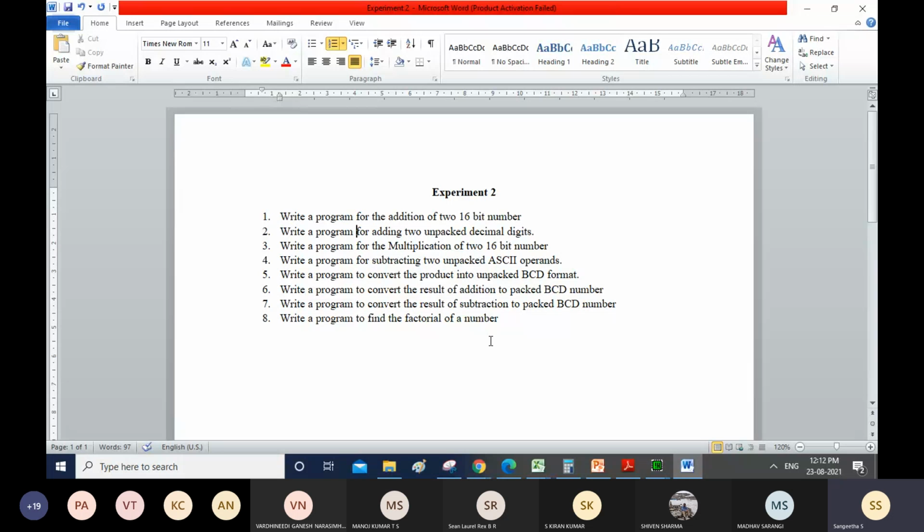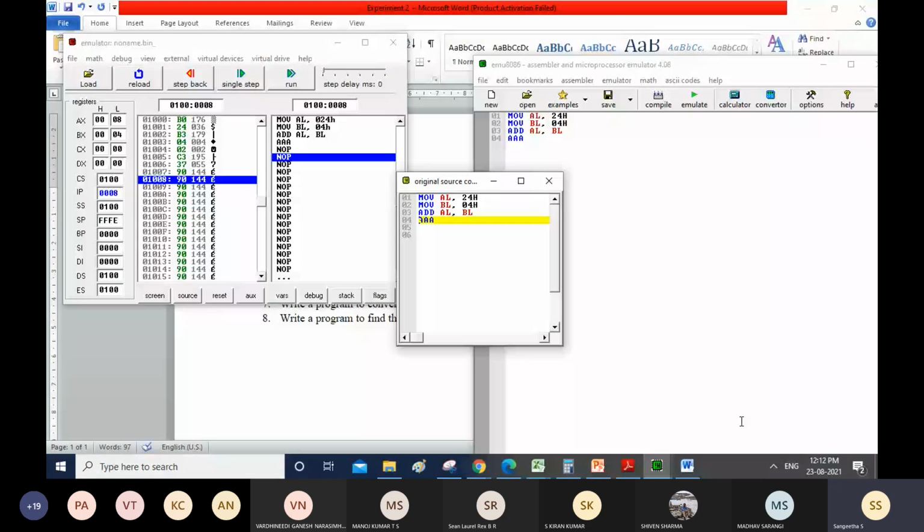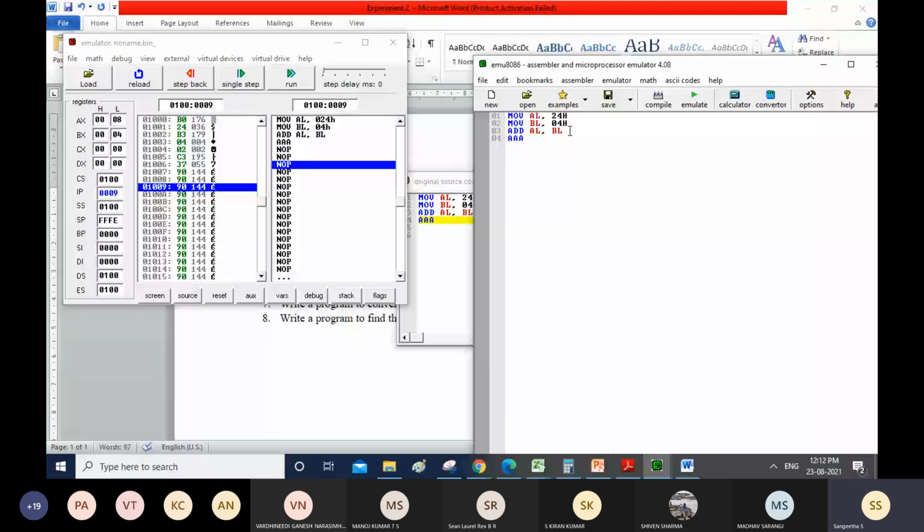Okay, I explained the AAA instruction here. You can see the unpacked decimal digits. This is for the second one.